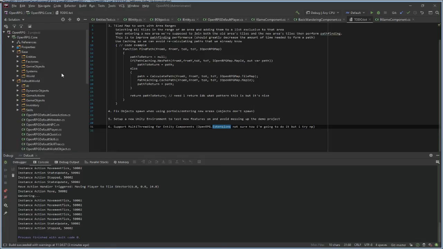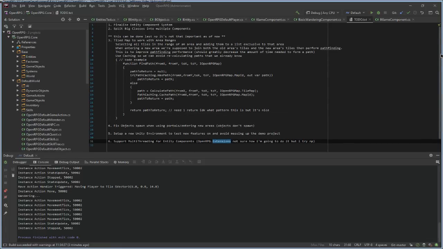The map is like 192 tiles multiplied by 192. So how many tiles is that? Yeah, basically 37,000 tiles.